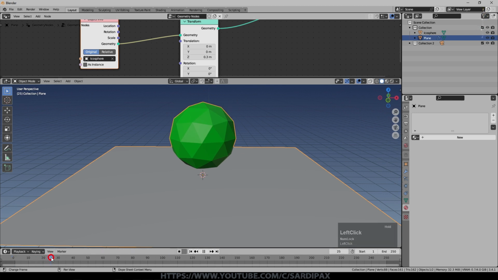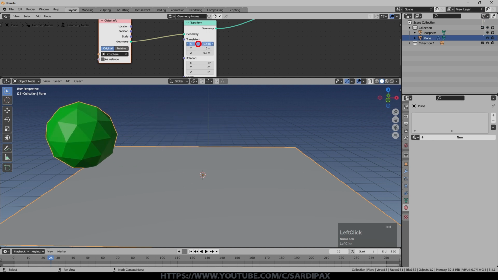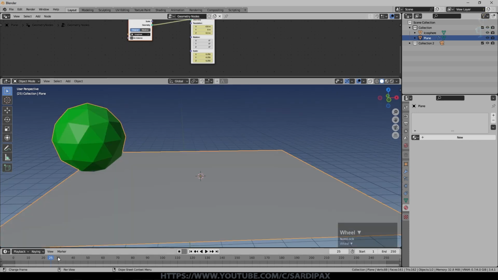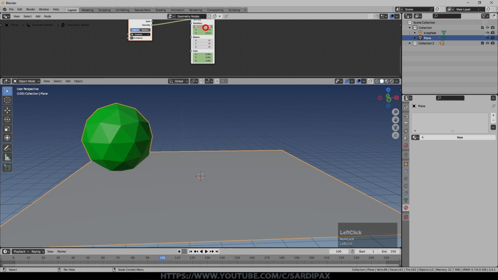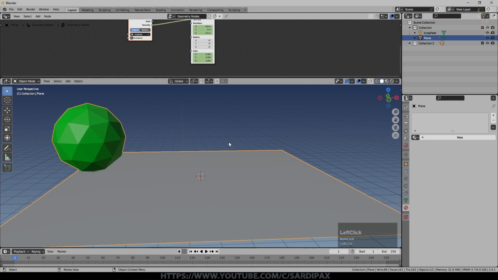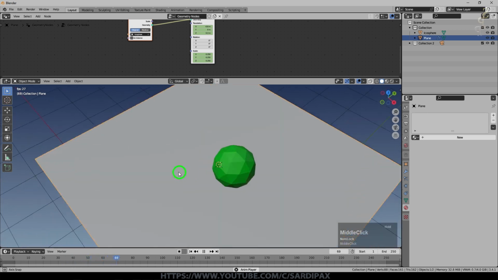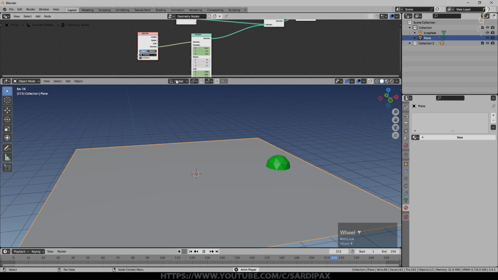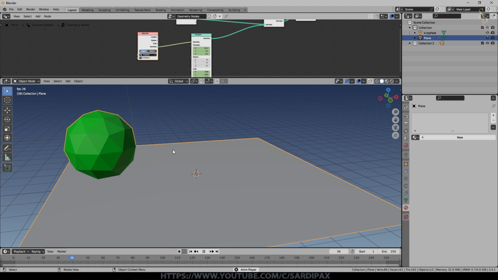And if we go to frame 25, which would be 1 second, of course, I'm going to set the X location over here, press I. I'm also going to record the scale, and then I'm going to set the time frame to perhaps 100 and move the X over to here, perhaps move the Z down, and perhaps set the scale to 0.1. And then I'm going to press I, hovering over those two sections. And now if I come back to here and press play, you can see my object moves and shrinks and goes over to there. So you can imagine you can do some quite complicated things with the geometry node just to move your objects around or scale them, rotate them, and do anything else you want to do with them.